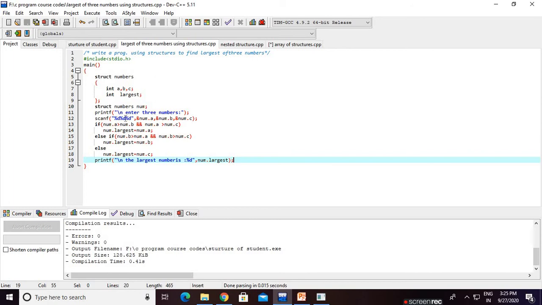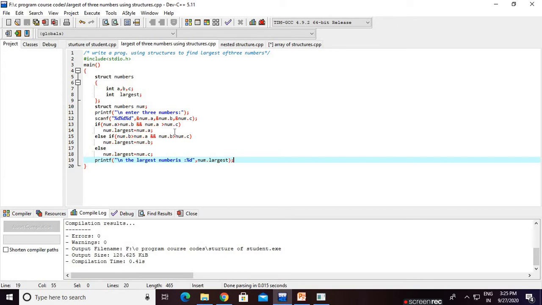Basically, we are comparing the members of this numbers structure. That's why we write num.a is greater than num.b, and num.a is greater than num.c.